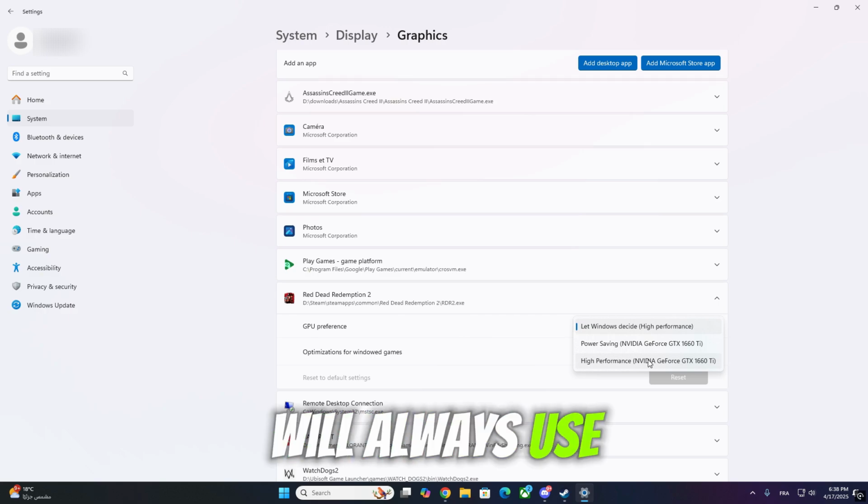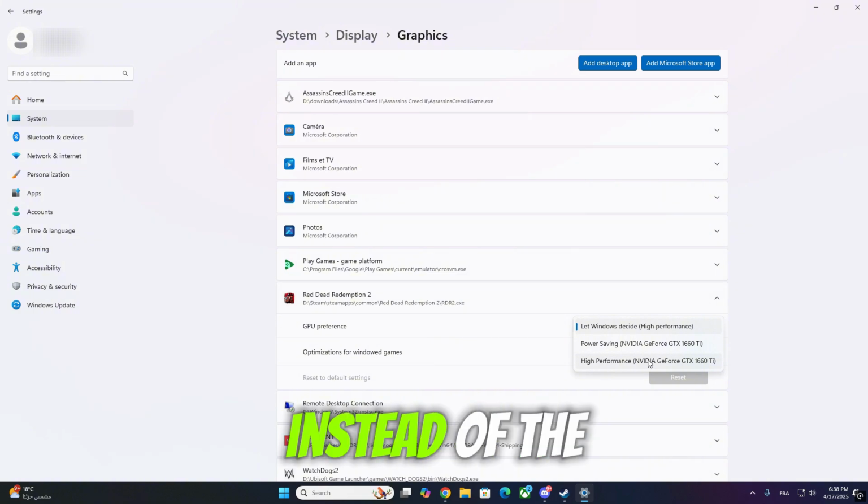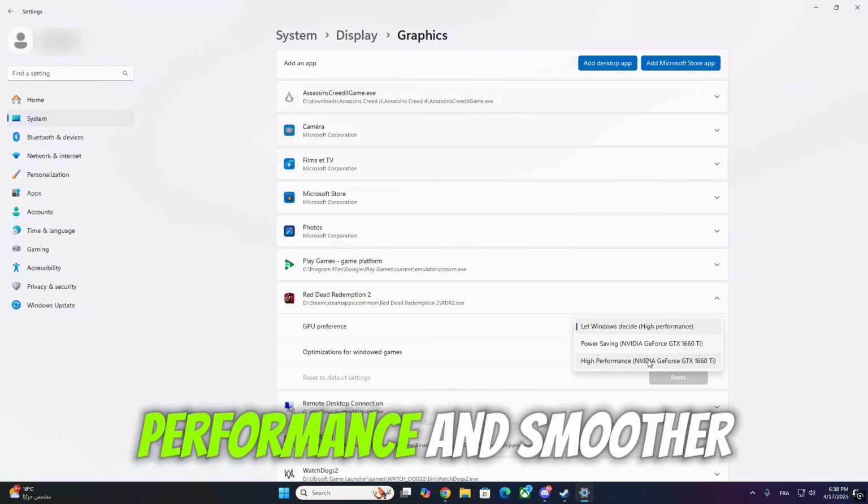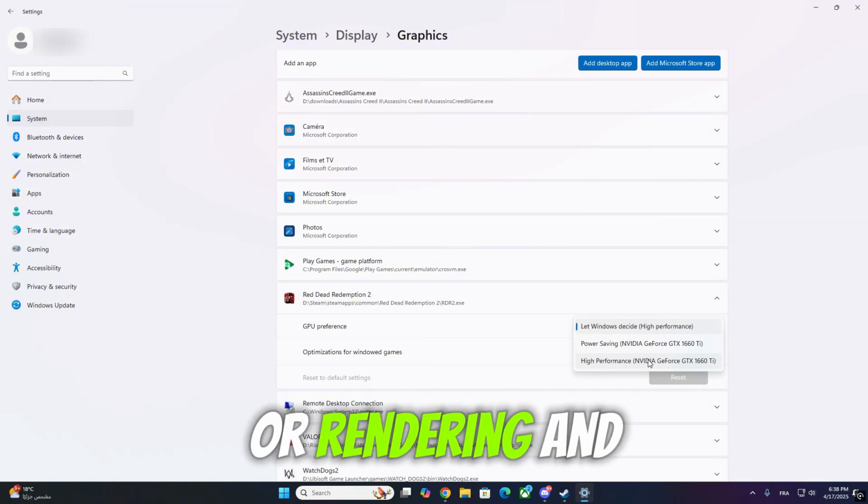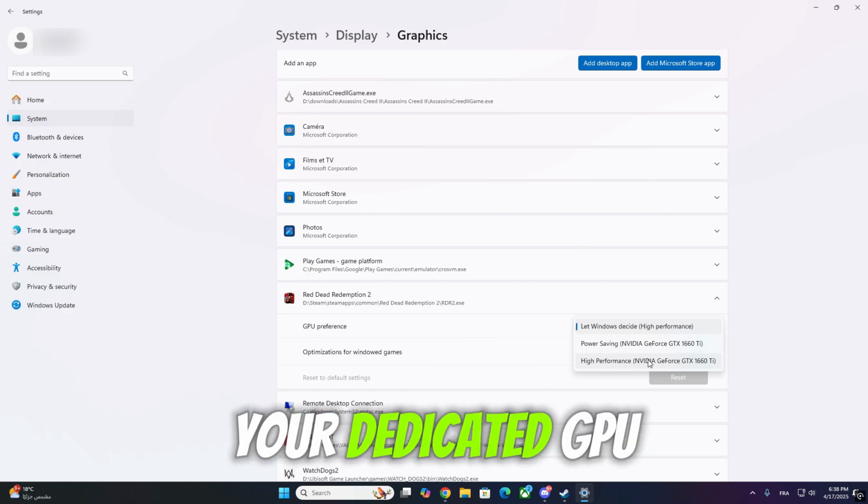Now, Windows will always use your dedicated graphics card for that app instead of the integrated one. Great for better performance and smoother gameplay or rendering, and that's how you force Windows to use your dedicated GPU